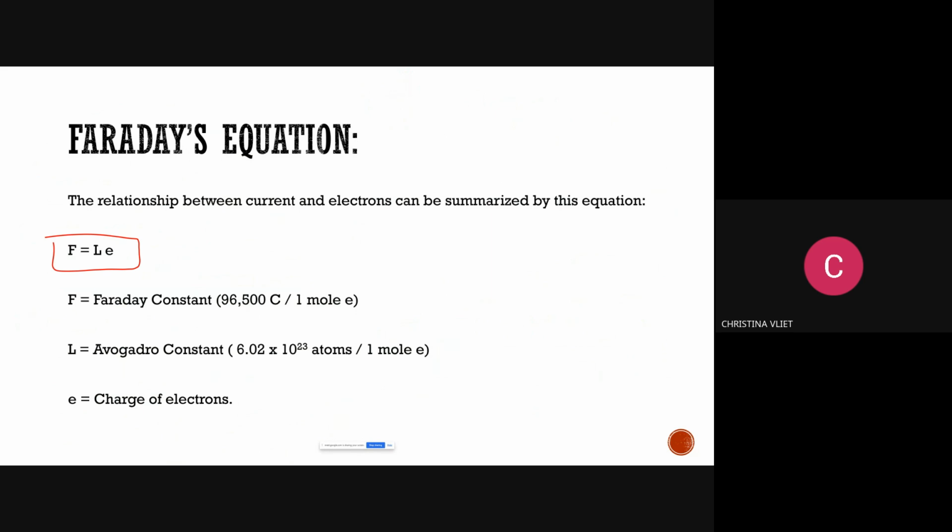Okay, so this is the second formula we're looking at, but it's gonna be a pretty short formula. They said you need to be able to state and use this formula. So this is the relationship between current and electrons. This is called the Faraday formula, and this is how we establish the Faraday. So the Faraday is defined as Avogadro